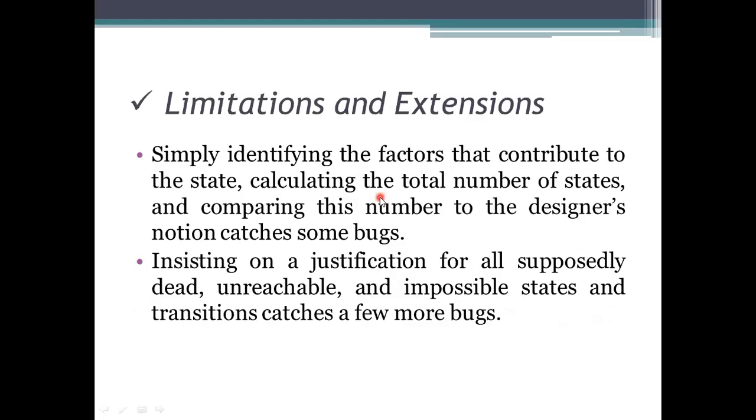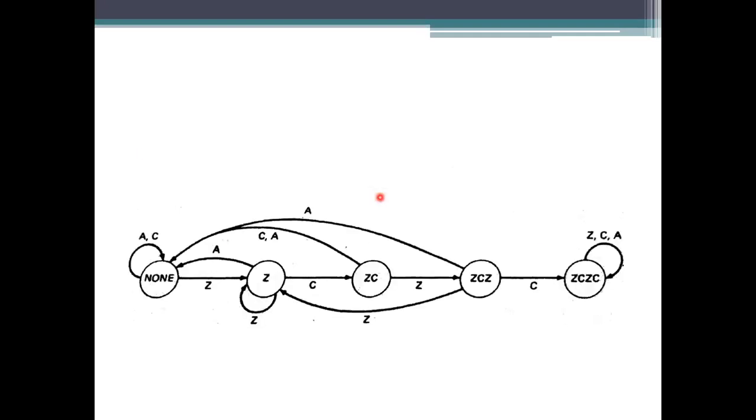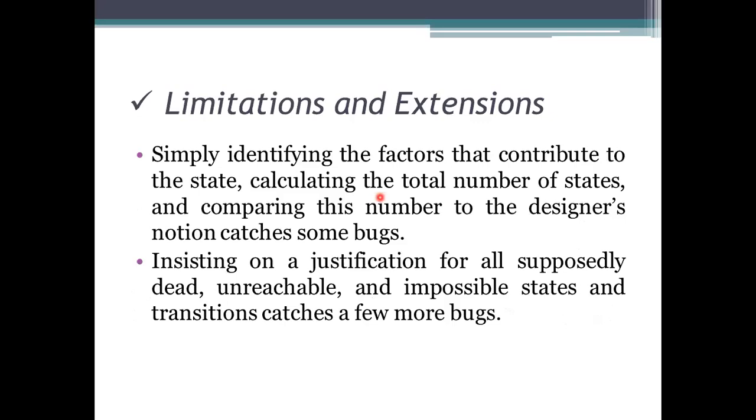The limitation of the processing here is that the examples we are taking have a small number of states and a small number of inputs. We won't always have such simple examples for processing, and it won't allow you to do these things in a simple manner. So first we need to calculate the number of states. How am I going to calculate the number of states? We need to take the factors that are contributing.